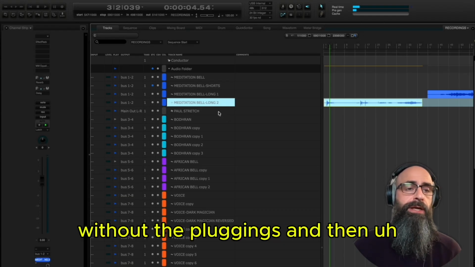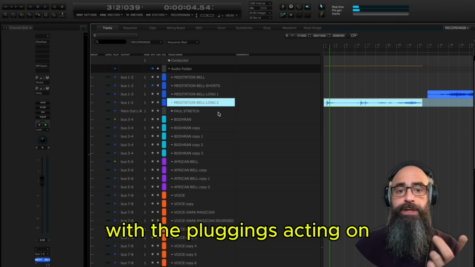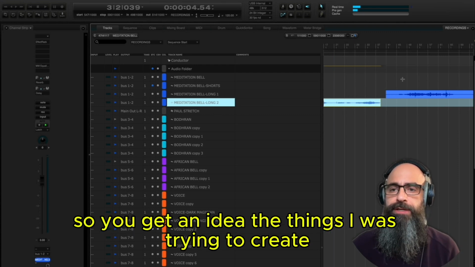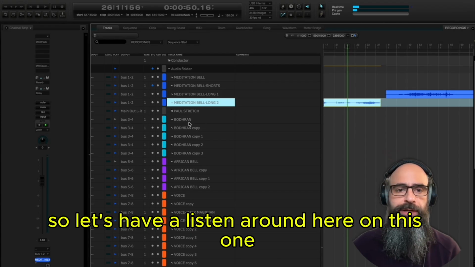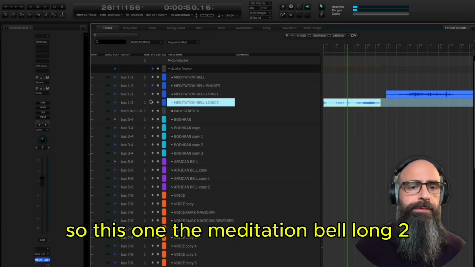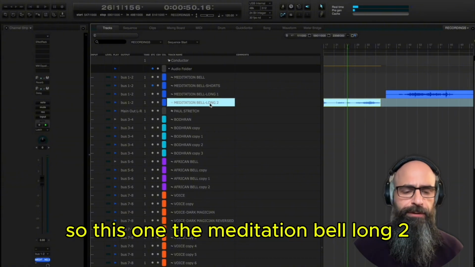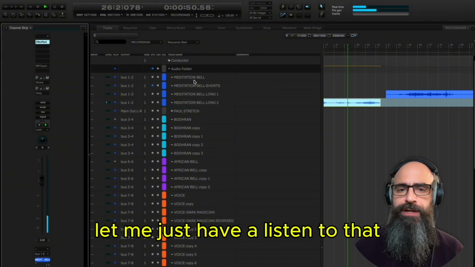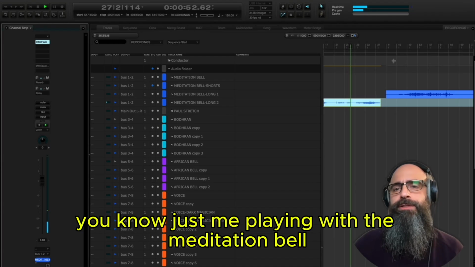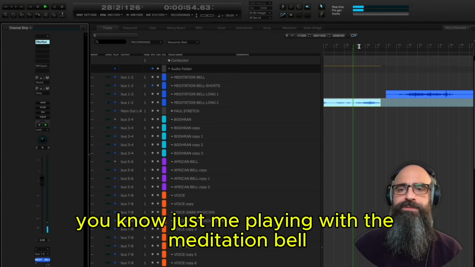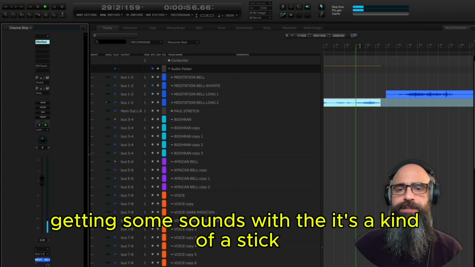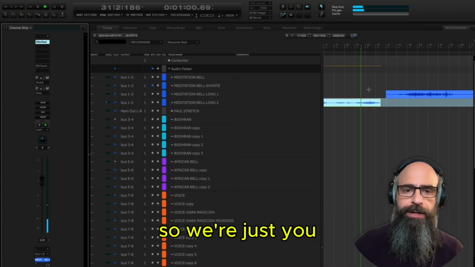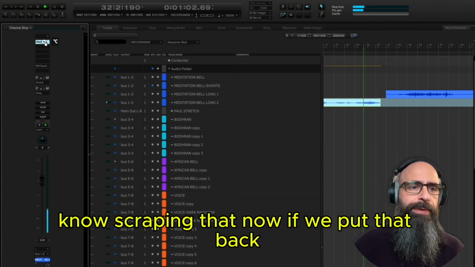without the plugins, and then with the plugins acting on, so you get an idea of the things I was trying to create. So let's have a listen around here on this one. This one, the meditation bell long 2, if I bypass the plugin, let me just have a listen to that. You know, just me playing with the meditation bell, getting some sounds with a kind of stick, so we're just scraping that. Now if we put that back,